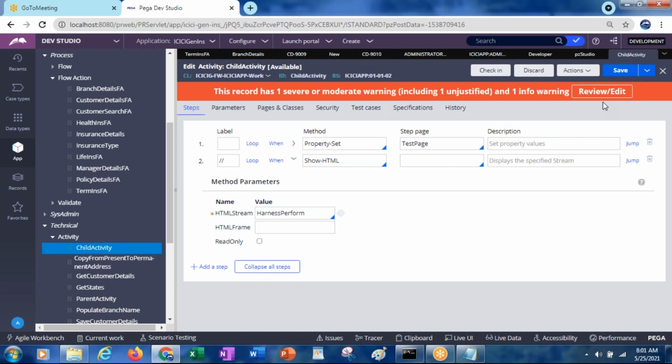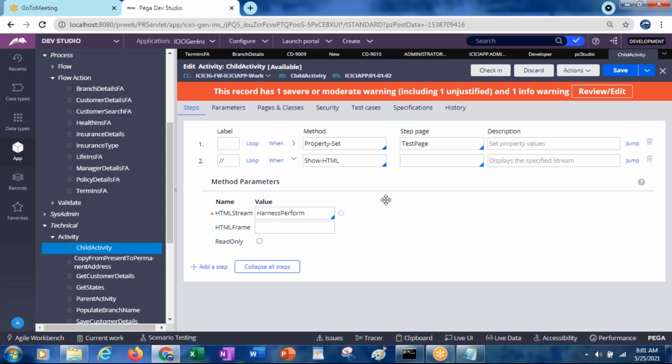Whereas a modal window means, like the local action we have selected, when you are working in that modal window, you cannot work on the parent harness. That will be completely overridden. You cannot perform any other thing. So for this activity harness, can we do the modal dialog kind of thing? No, here it's not like that. Here it's not a flow action, right? So it's not a modal window.